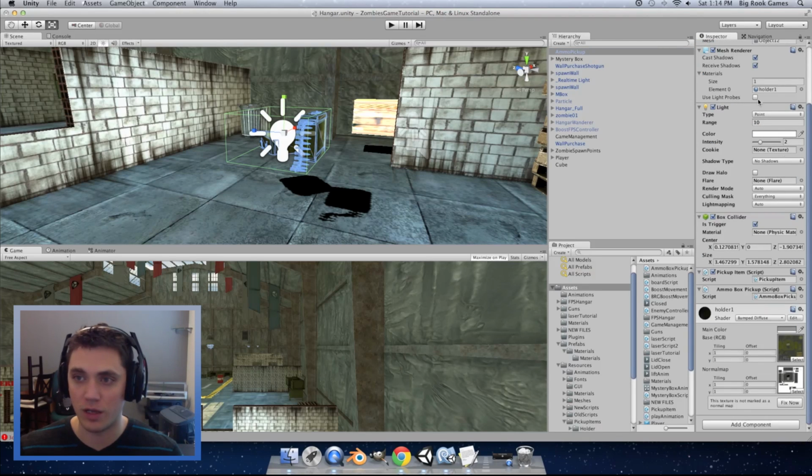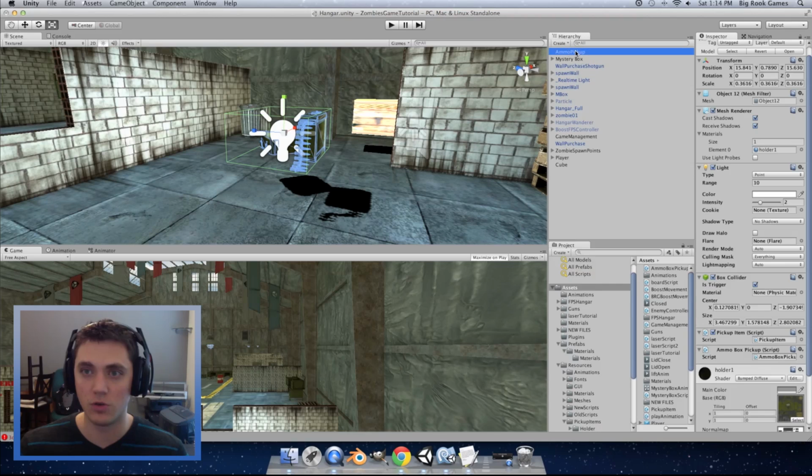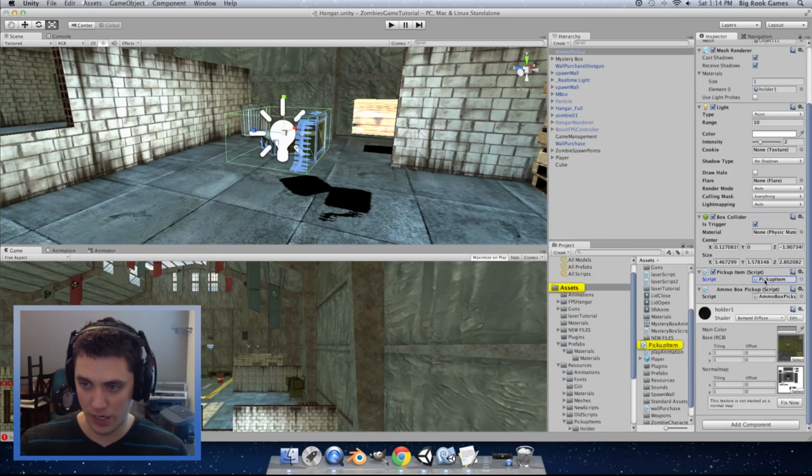We took away the animator because we don't need that. We are going to animate it through the scripts, and we're all set here. So now let's jump into the scripts and start telling the object what to do when it's in the game. So to open our script, click on your ammo pickup item and go to the pickup item script, double click